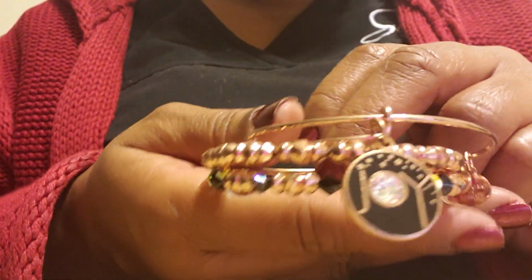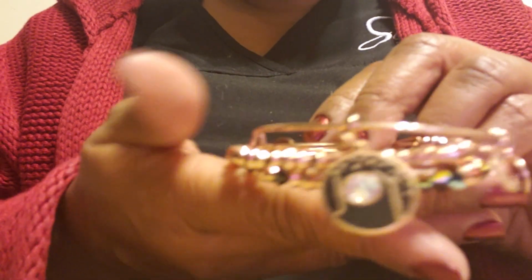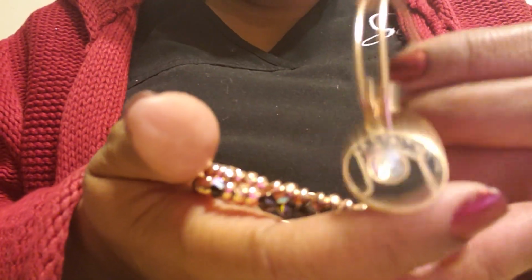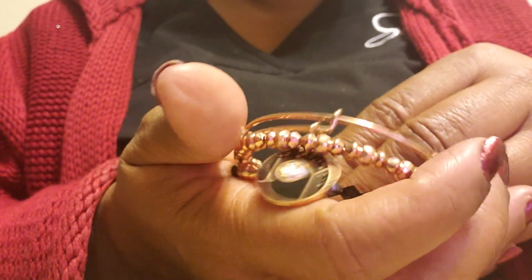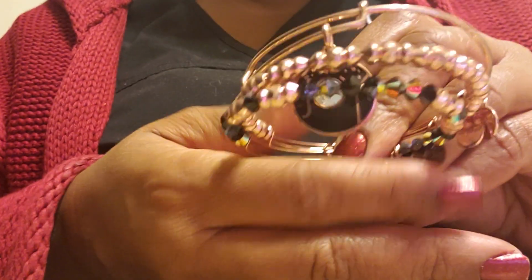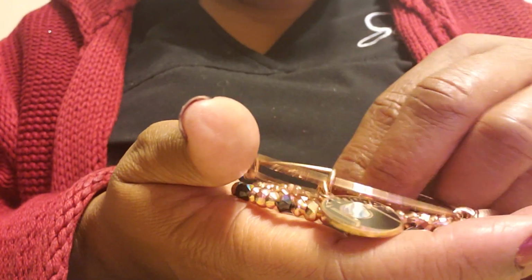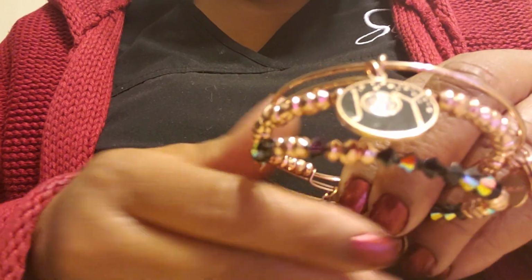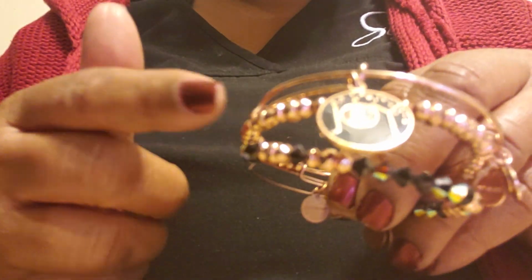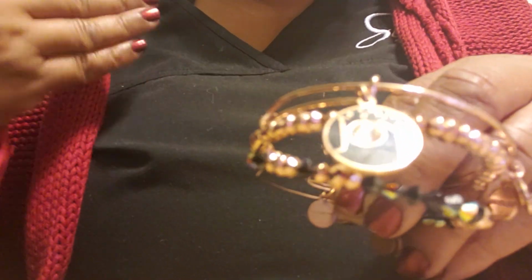This set was $98, and it went on sale online for $58 on the Alex and Ani website. And technically, if something goes on sale on the website, that store should honor those prices, because they know me well enough. At first, the one told me they wouldn't do it, and then later management said they would if I can show them that something's on sale online, because I'm not going to stand there and buy it. If I know that this is on sale online, I'm not going to get it. I'm going to go and order it,